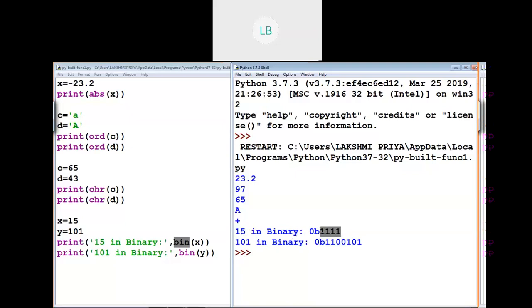It is prefixed with 0b. For 101, this is the binary number. To get the binary number, the bin function can be used. So these are all built-in functions, children. Just by using the name of the function and passing the values, you will be able to get the output. Let us continue.